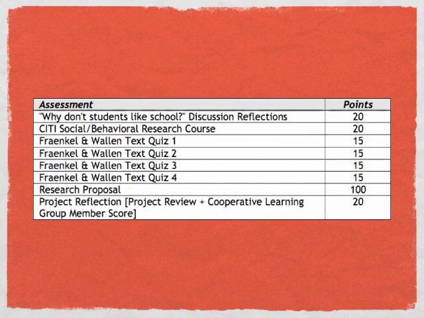I want to spend a moment talking about the grading in this course. This is on page 2 of the course syllabus. I've got a listing here of all of the projects and assignments that will be graded for points. The very first project is going to be a reflection over some discussion questions associated with the Willingham text. That's something you're going to accomplish in the first week. I also will be assigning an online research course, a basic mini course that was developed by an organization